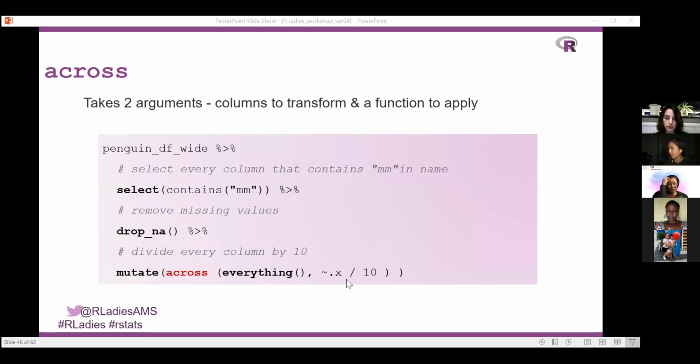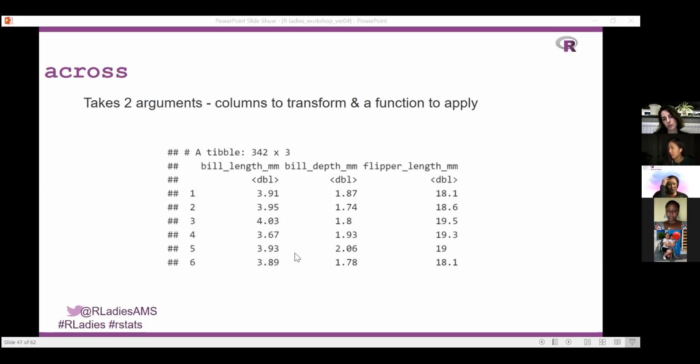whatever it is, just divide by 10, each element divide by 10, and this tilde is the indication of a function. So this expression is read as a function, so it reads that, okay, this is the argument, and the argument in this case is every element of every column, and it divides by 10. So here we didn't add any new columns. We just mutated the existing ones based on across and on everything. So here's just the calculated version